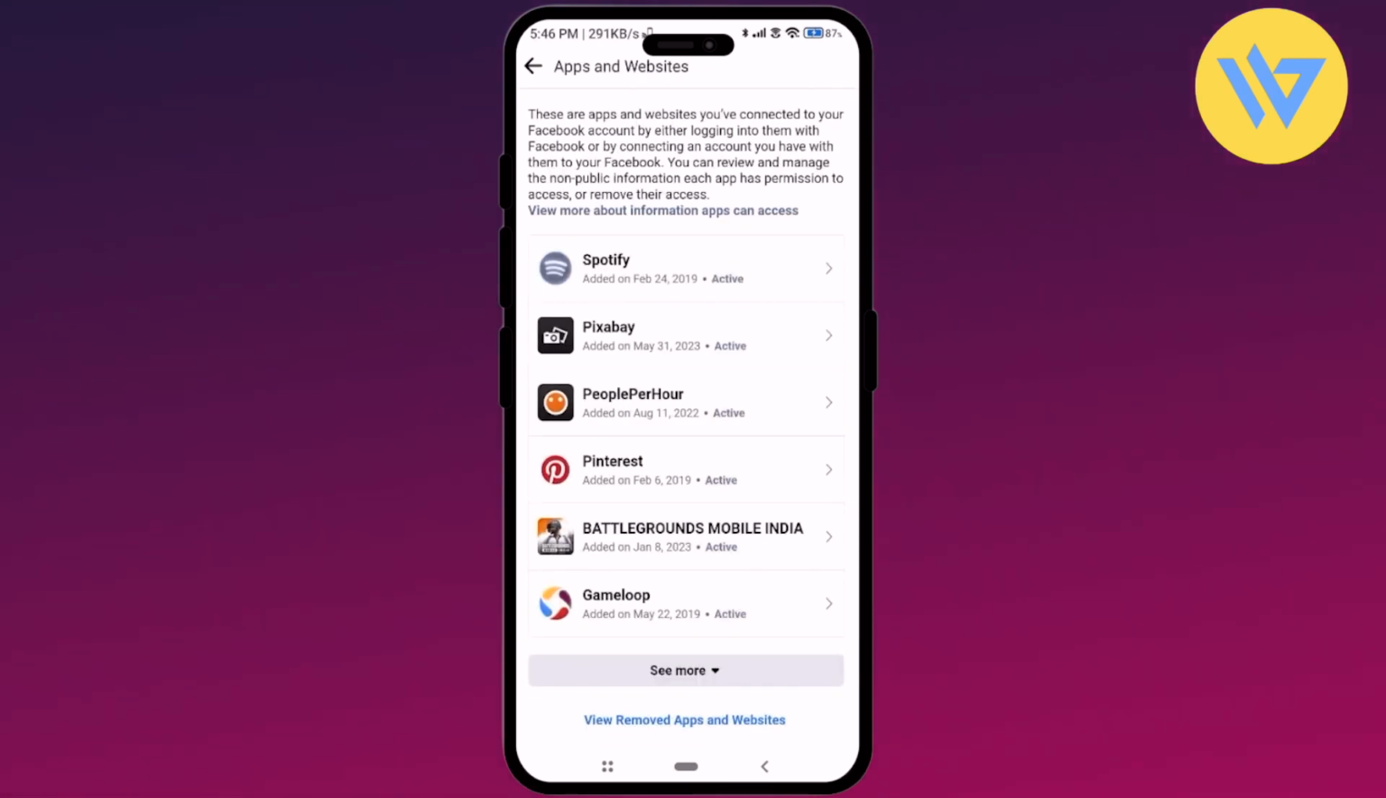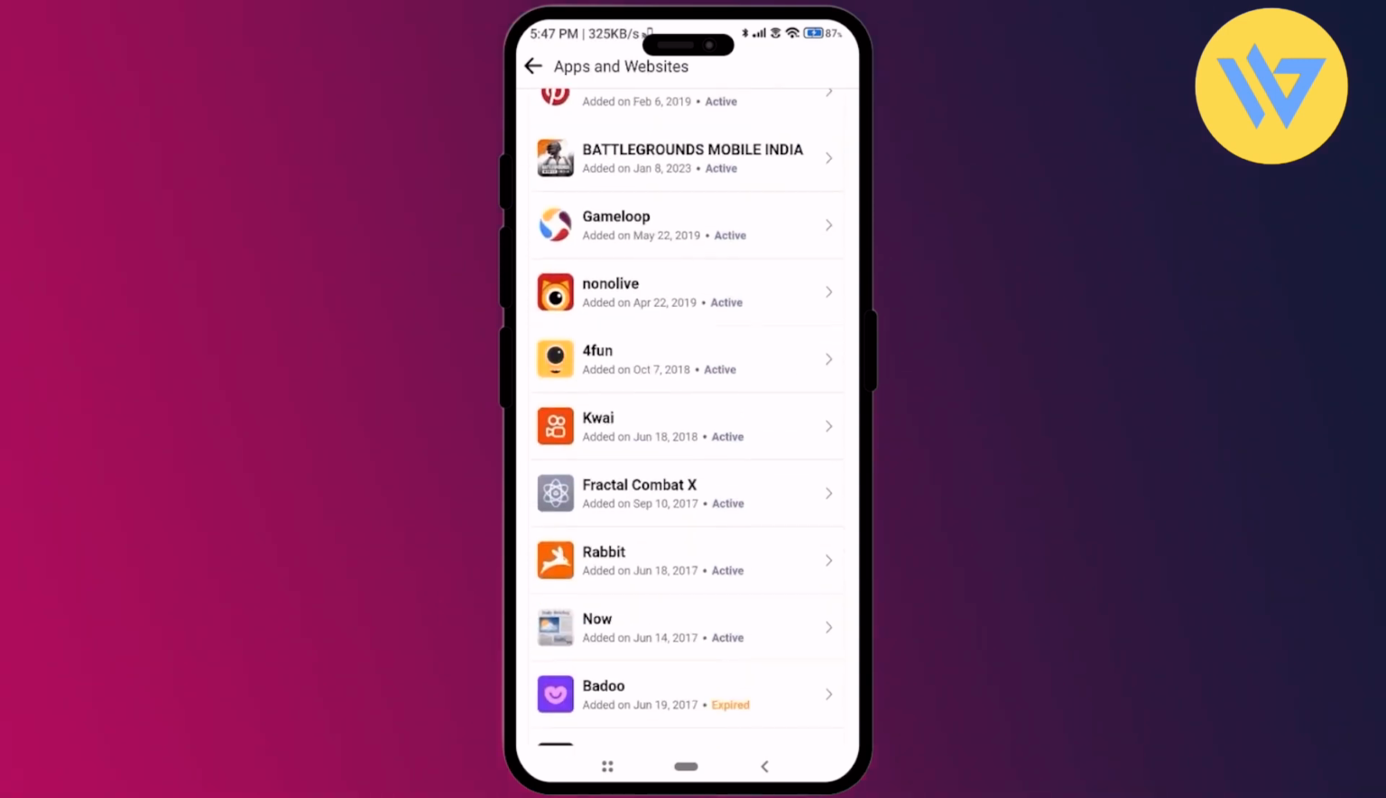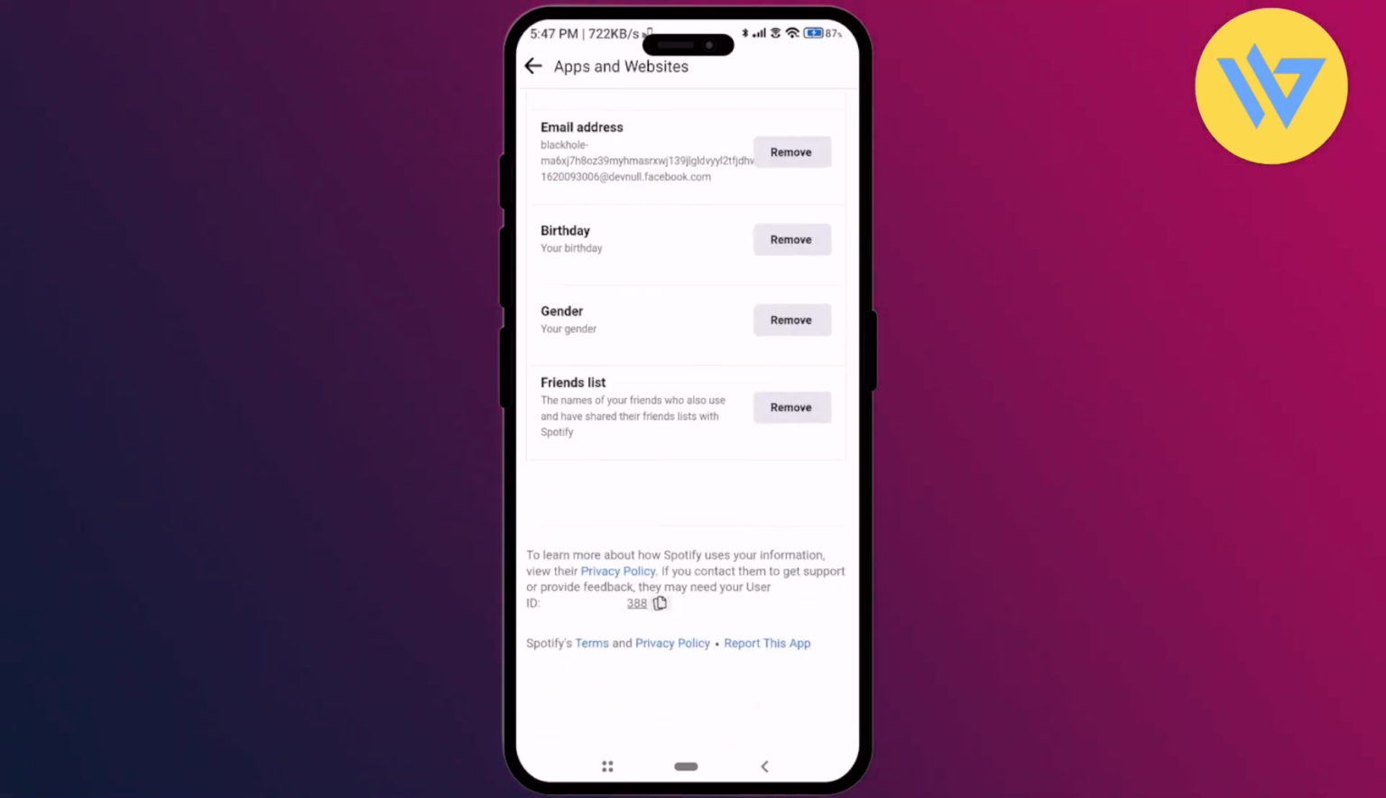Choose that. Now you will find a lot of apps that you have given access to Facebook. So over here you will find all of them. Now to find the user ID, all you have to do is just simply open any app. Let's say for example Spotify. So choose that. And now if you scroll down till the very bottom, you will find your user ID, which